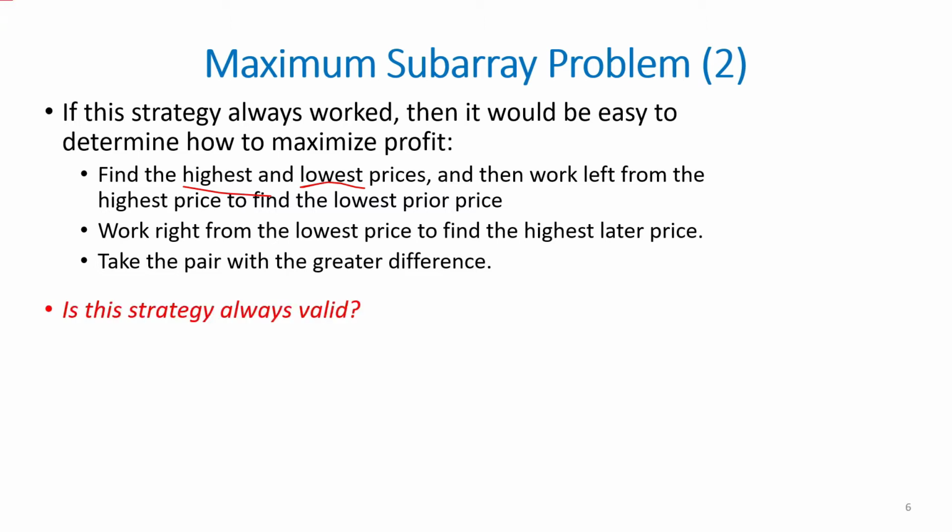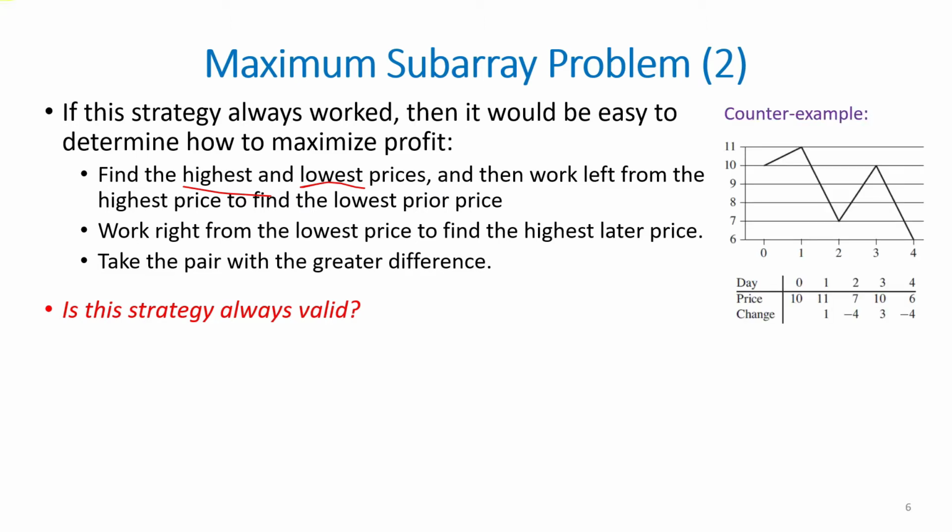Let us look at a simple counterexample. According to the strategy we saw, we have to first find the highest and lowest prices in this chart. Here, the highest price is $11, which is on day 1, and the lowest price is $6, which is on day 4. So starting from the highest price, if we move to the left, we see that the lowest price is obtained on day 0, which is $10,